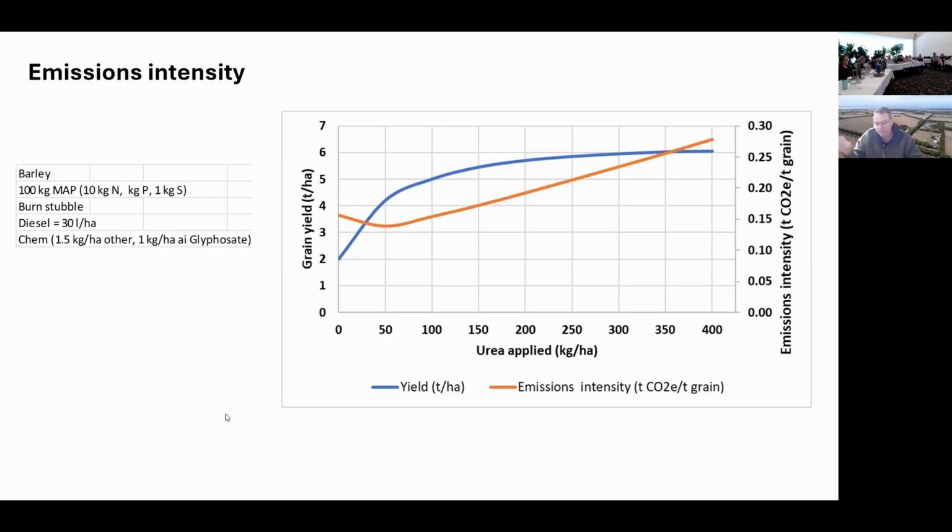And so there's going to be a fair bit of thinking here about how much do we bother chasing emissions intensity as a number when it's not easy to achieve when you're trying to maximise your yields and stuff like that, or optimise your yields as part of that. So I just wanted to flag that one because I think there's a fair bit of discussion that needs to be had around that.